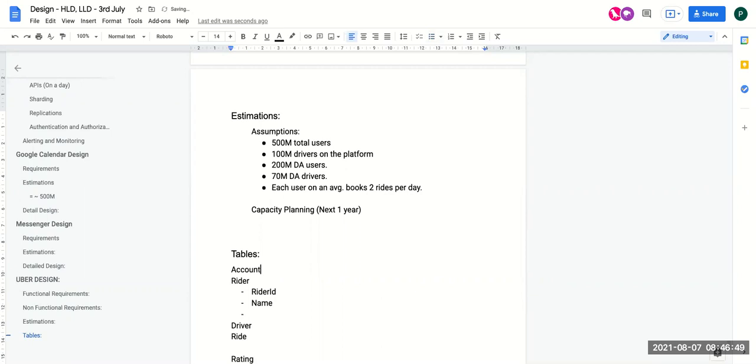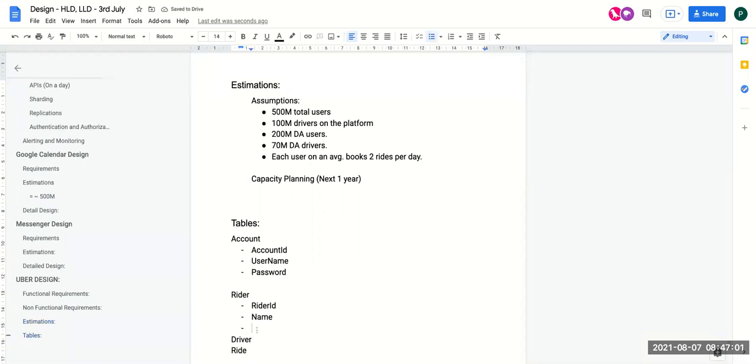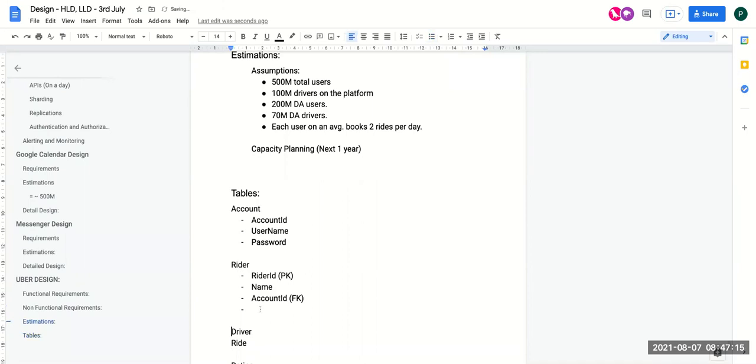So we'll have an account table. You can have account ID, we'll have username and we'll have password. Now we'll have a rider table with rider ID, name, and account ID. This is a foreign key. This is my primary key. What else do you want to store? We'll have rider name, creation timestamp, basically at what time the rider registered on our platform.